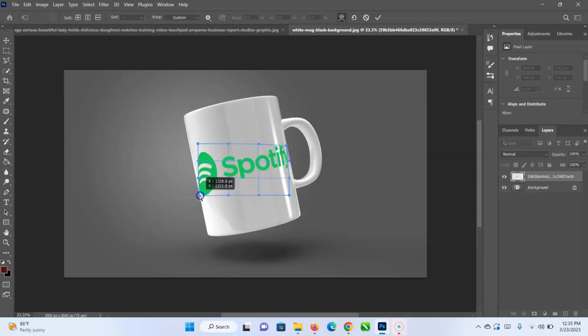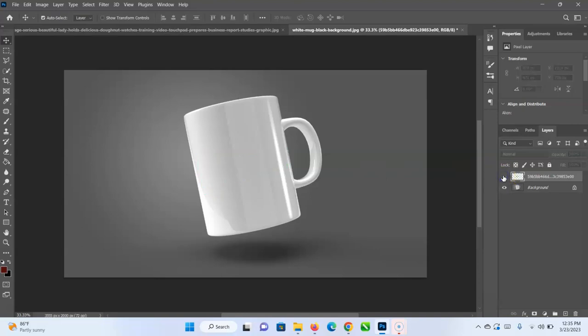This one too, like this. Or you can do it like this. And look at this, look at the before, after. So you can see it basically made it look like,